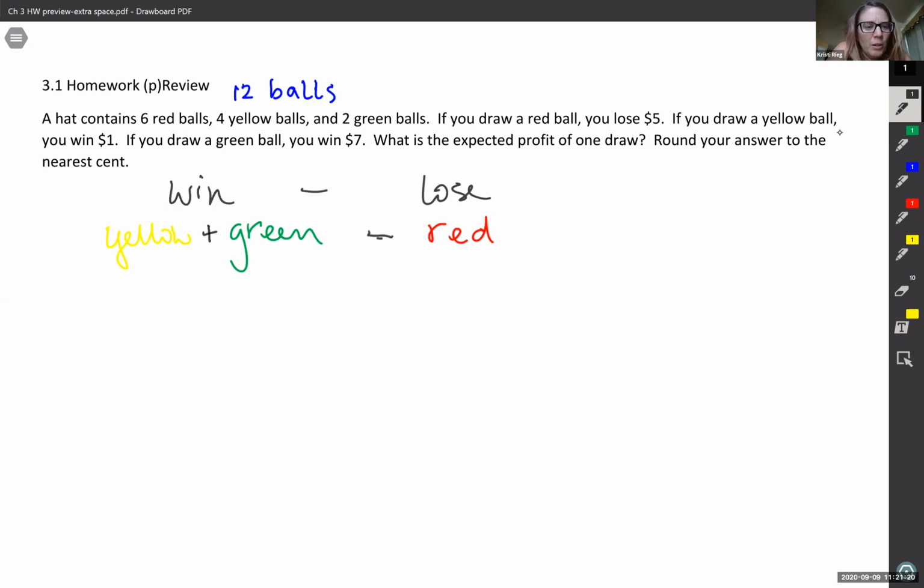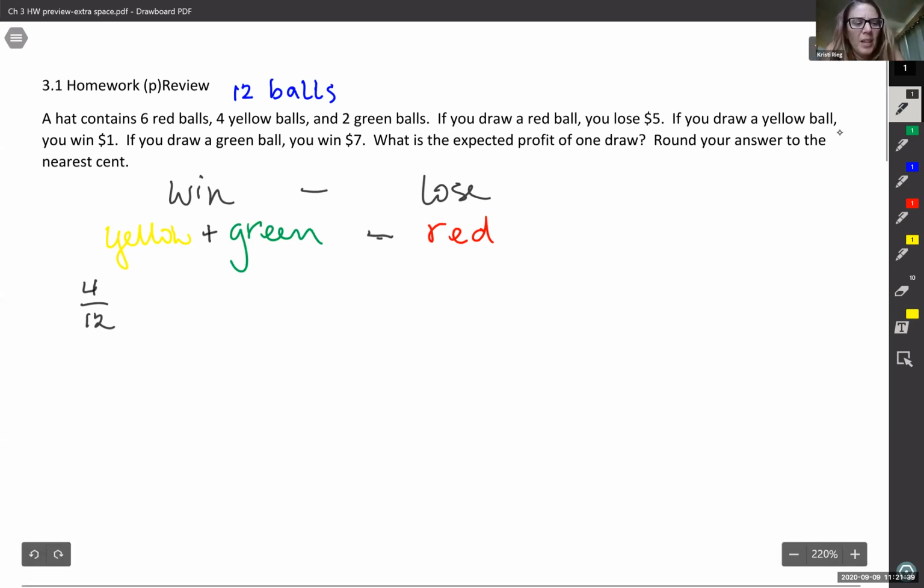So yellow is 4 out of 12, and I'm not going to care about reducing for the answer. I'm probably going to type most of this into my calculator. So if you want to reduce and write 1 out of 3, that's fine. If you want to leave it as 4 out of 12, that's fine too. Times, how much do I get? I like to write the probability second, so let me put the money first. I win $1